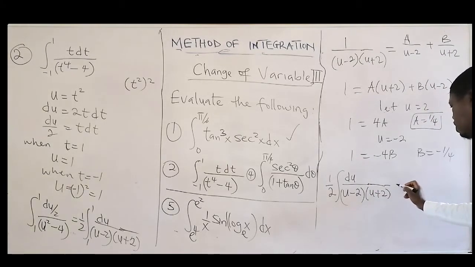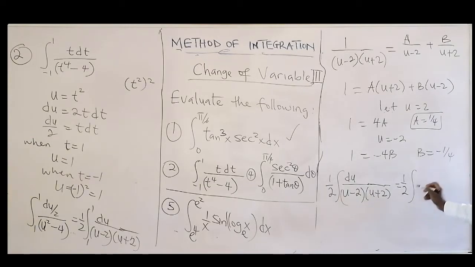Okay, we have half into brackets, integral of A is what? 1 over 4 times 1 over u minus 2, then plus B, 1 over 4 minus 1 over 4 over u plus 2. You can put the upper boundary there, put the upper boundary 1 1. Okay, 1 1. So that will be equal to